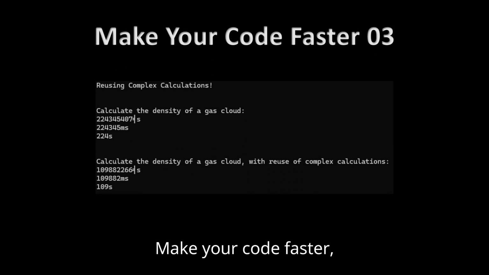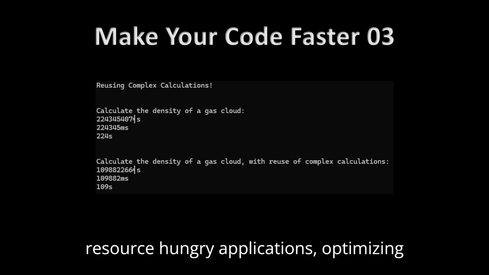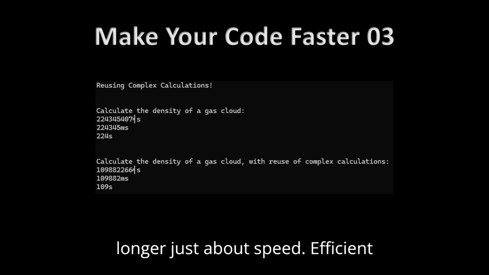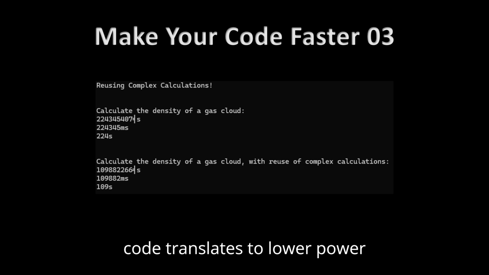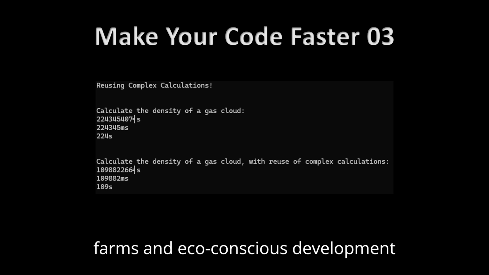Make your code faster. Reusing complex calculations. In the ever-expanding realm of big data and resource-hungry applications, optimizing your code for peak performance is no longer just about speed. Efficient code translates to lower power consumption, a critical factor for battery-powered devices, massive server farms, and eco-conscious